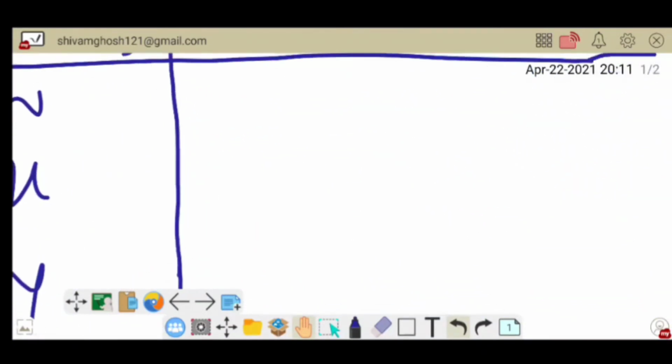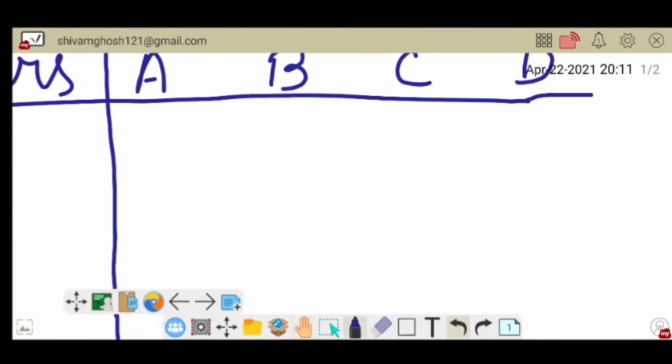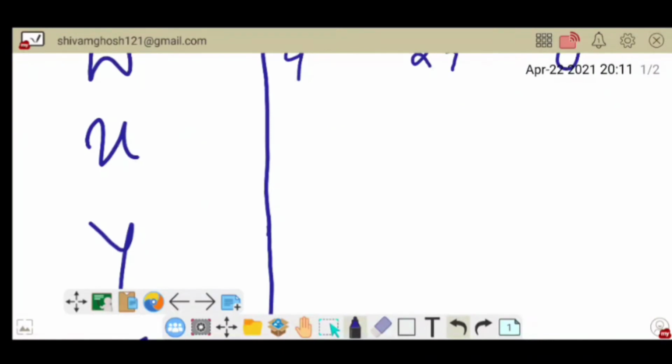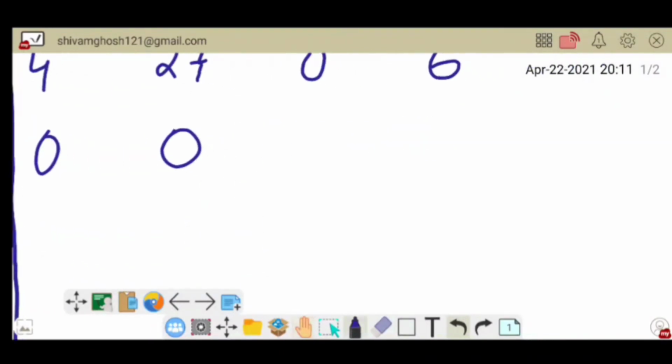So we will just write it down: 4, 27, 0 and 6, and 0, 0, 25 and 34.